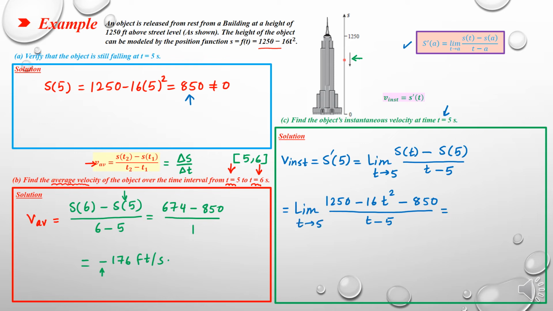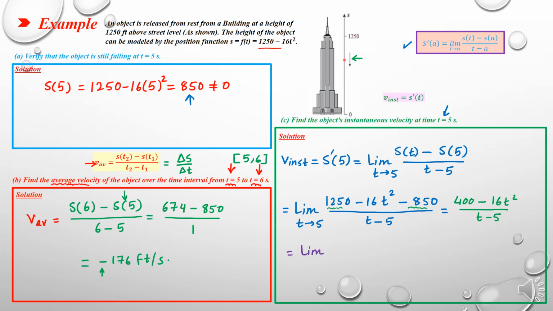Now you have to subtract these two numbers, and this equals 400 minus 16t squared divided by t minus 5, which gives us the limit of